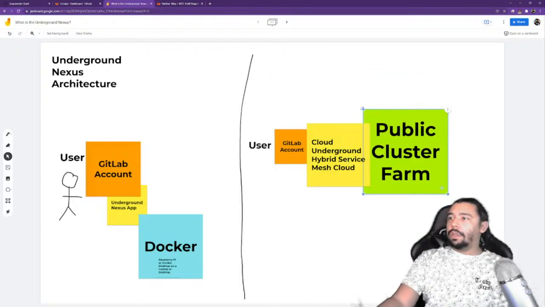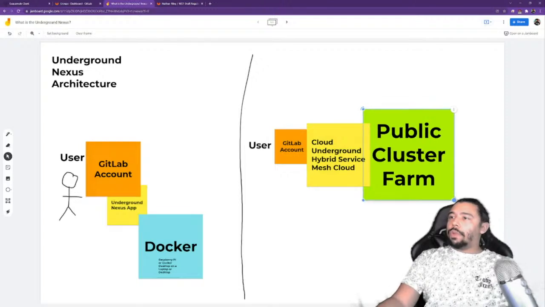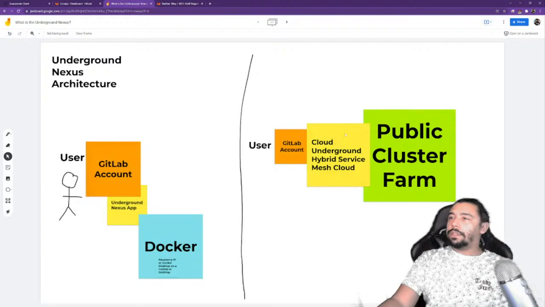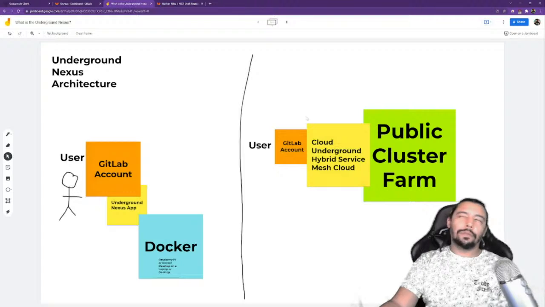I don't know if this is what we pay the most for. We pay a fair amount for it, but this is what you're connecting to with your free GitLab account, which is why you can just keep using a free GitLab account.